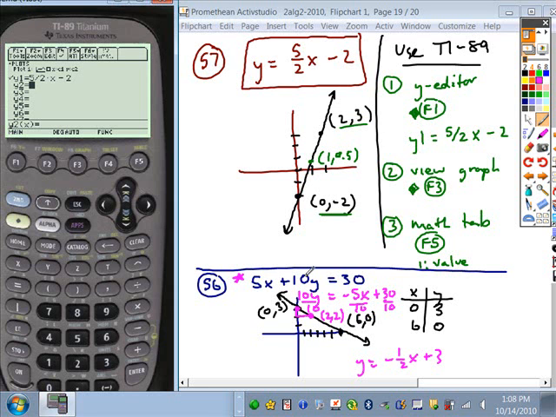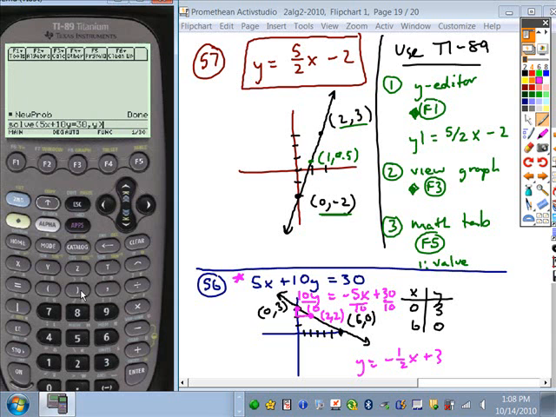Any ideas? Any other ideas on how you can do this? Okay. The only other way that you could possibly use your calculator to help set that up is if you used the solve key, so F2, and you took this equation, 5x plus 10y is equal to 30, and you